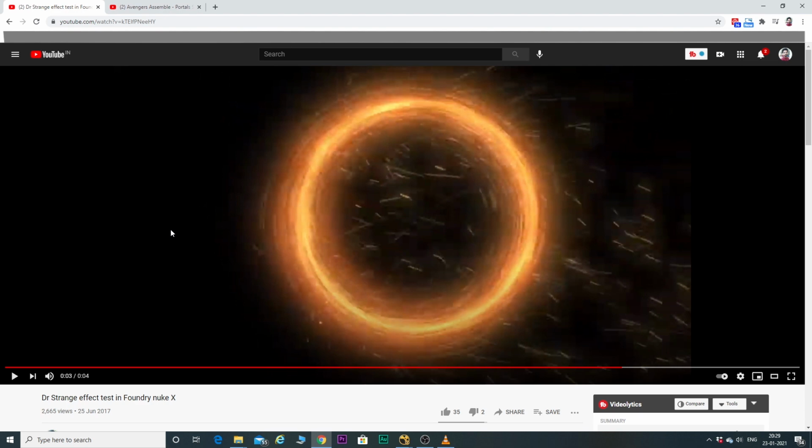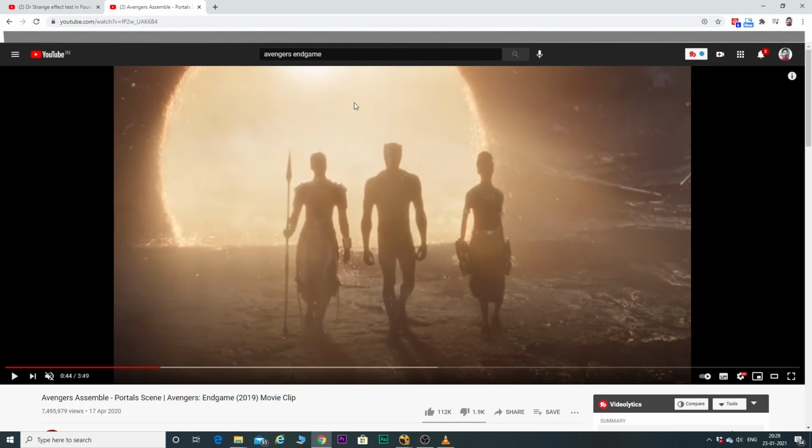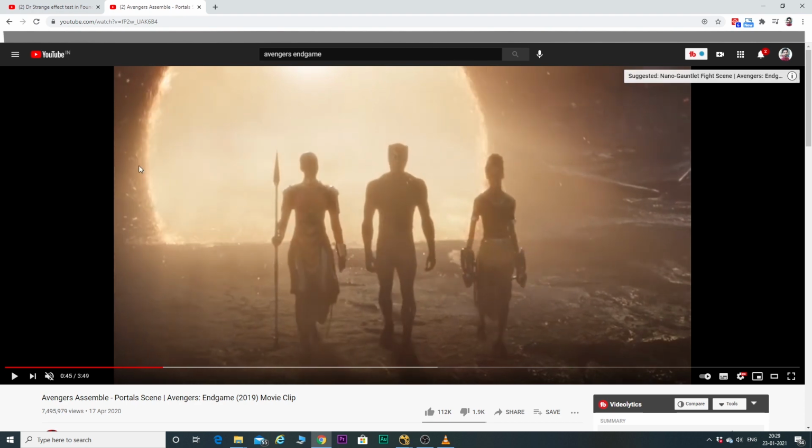So when I had a look at Avengers Endgame, what I thought is that this is a circle definitely, and it is emitting particles in some kind of a direction in which it is rotating, and there are a few sparks that just go off in between, and that gives much more realism to it. So let us see the effect that I've created by observing these changes.